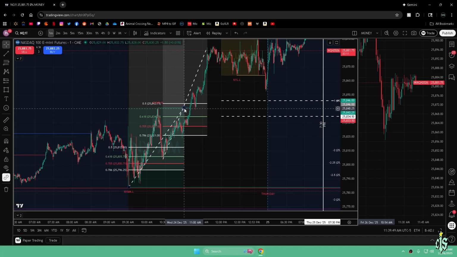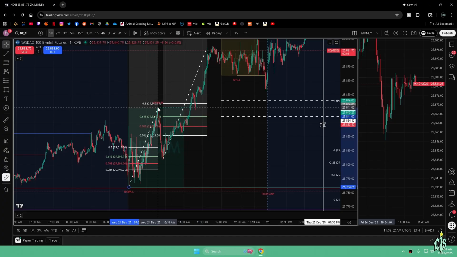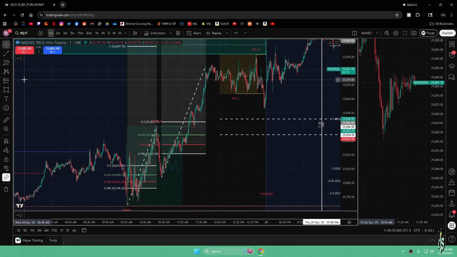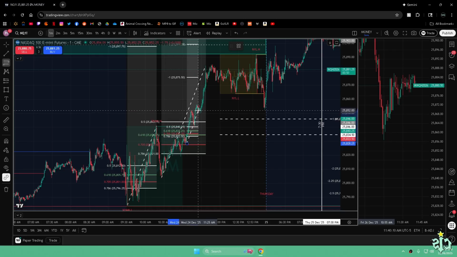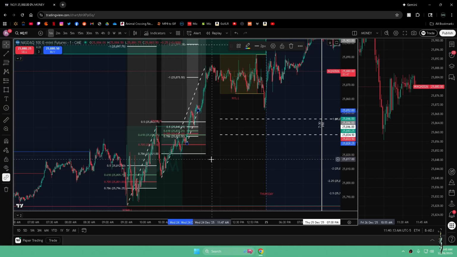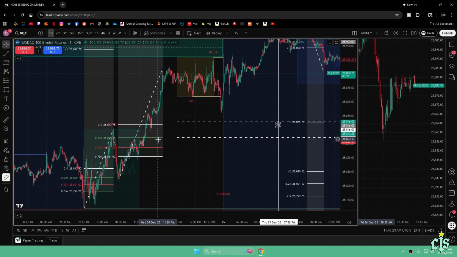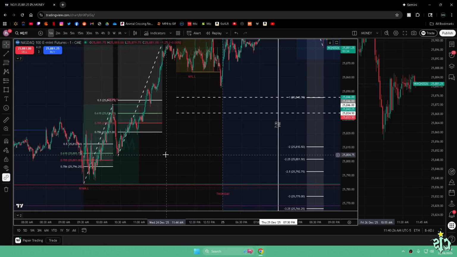So we had our first fib, right? From this low to this high, right? Then we have a pullback. So here's our next fib drawing from here to this high. So that's our next fib drawing. If you want to get more precise, you could have drawn this one, right, from this pullback, and then you have this OTE zone right here. But this was my range imbalance. This one and this one down here.